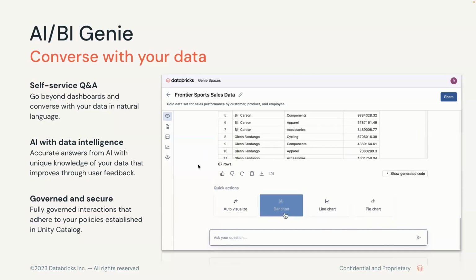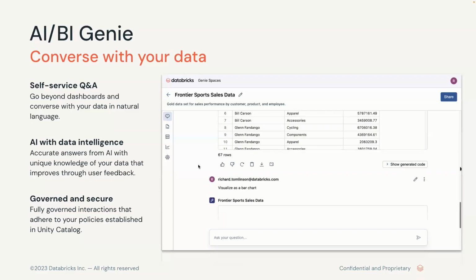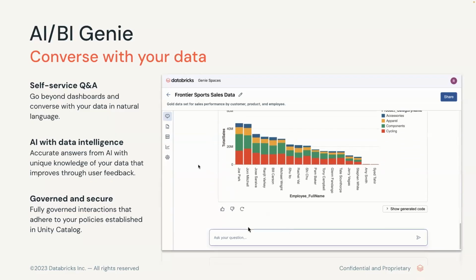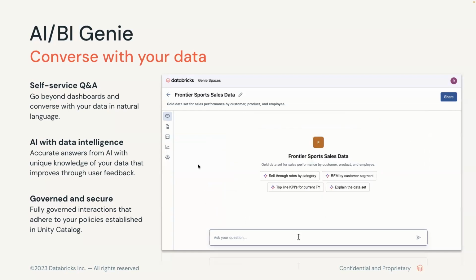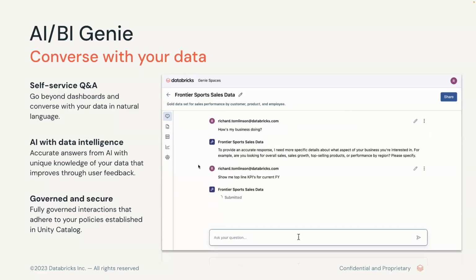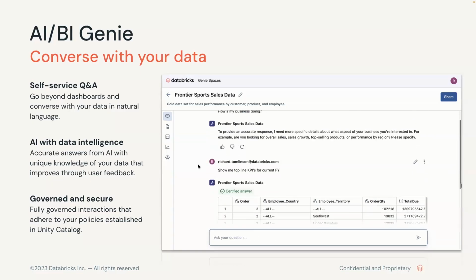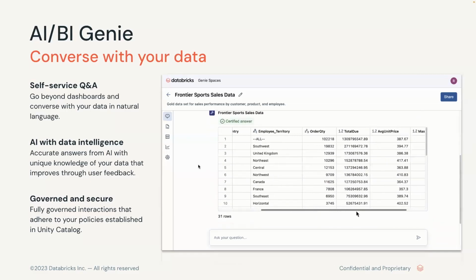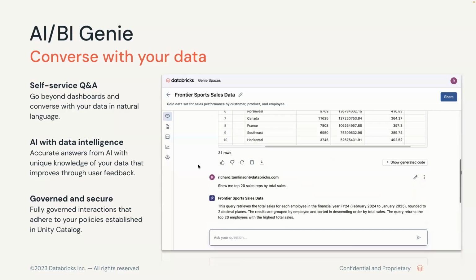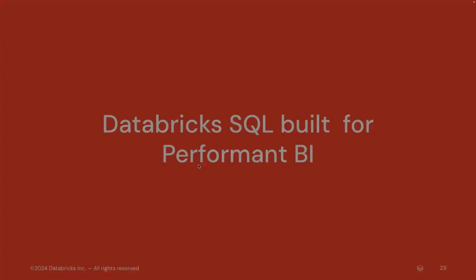That is where AI/BI Genie comes into the picture, where you can ask questions to any data in the underlying Genie room, and it will be able to answer your questions and generate charts for you. This is a pretty cool feature, and a good part is that down the line we are also trying to make APIs available so you can take it outside Databricks and connect with different apps.